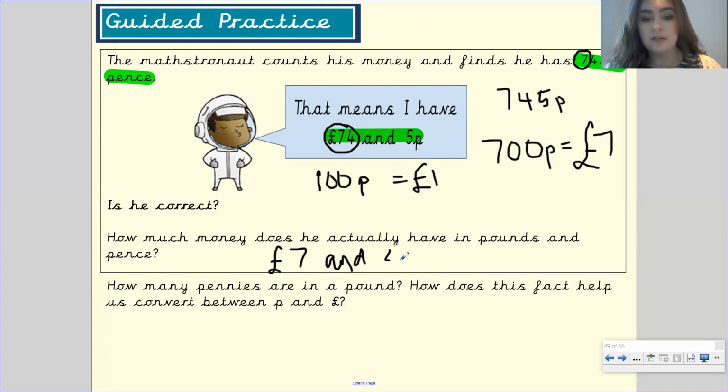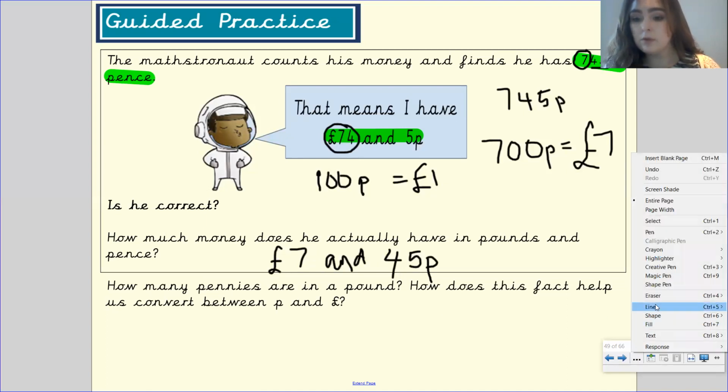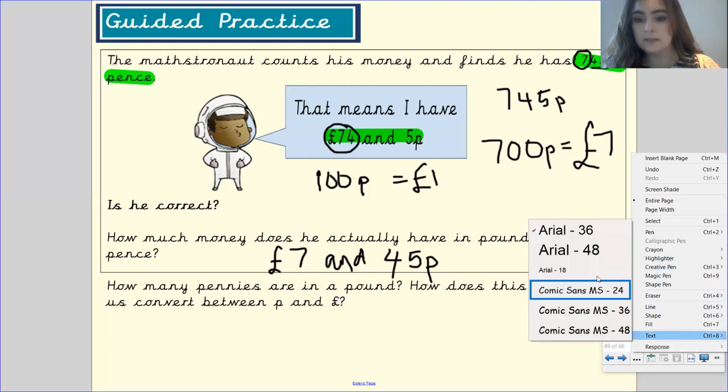Well done if you said 45 pence. Because we've only looked at the hundreds column in the 745 pence. It's the only bit we've looked at, and we haven't looked at the 45 pence left. So we know he's got £7 and 45 pence. And the way that we would answer this question properly would be to say,